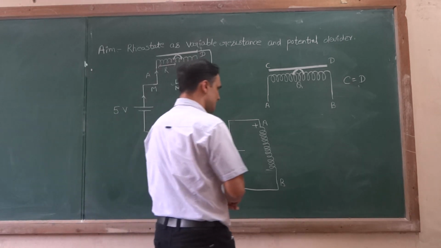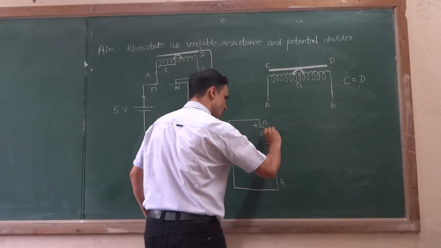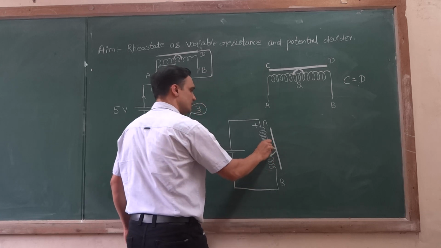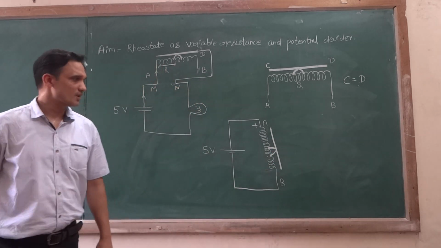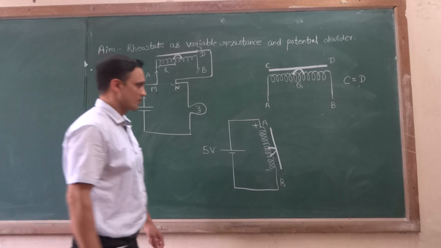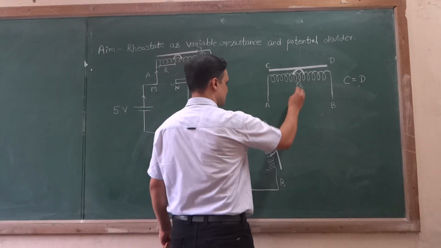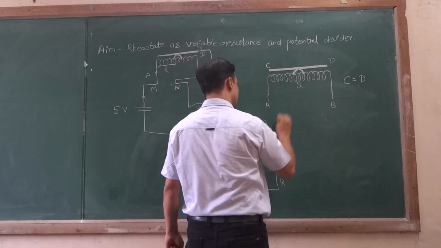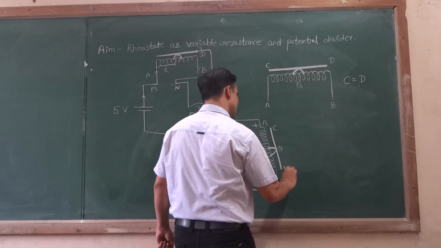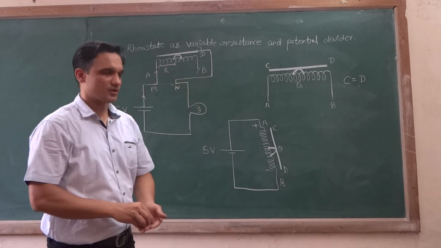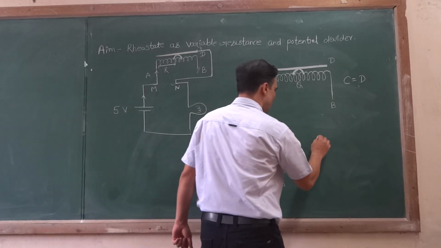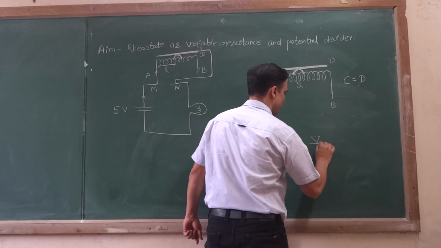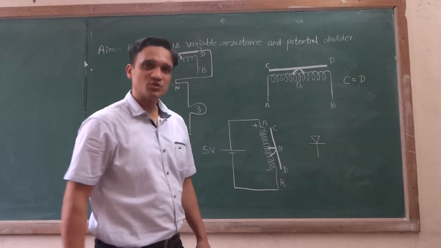Now there is a copper strip on the top of it. It is in contact with the coil, and let me take this contact as Q. Alright, and the C and D portions, these are the C and D ends of the copper rod. Now I have one diode, and as you know, for the diode's forward characteristic it must be connected through the positive terminal of the battery.